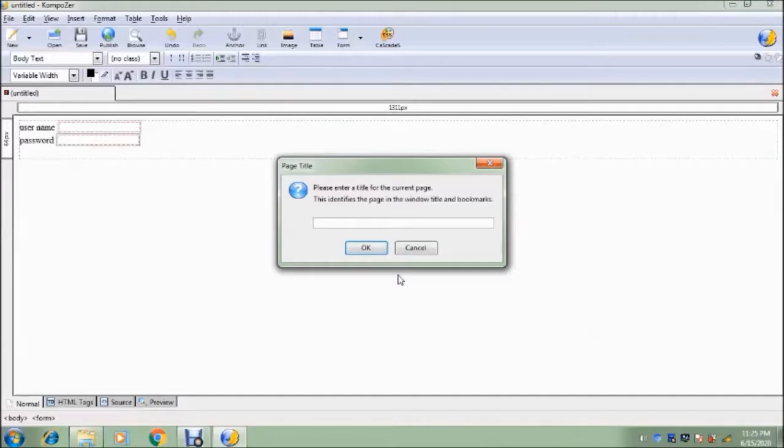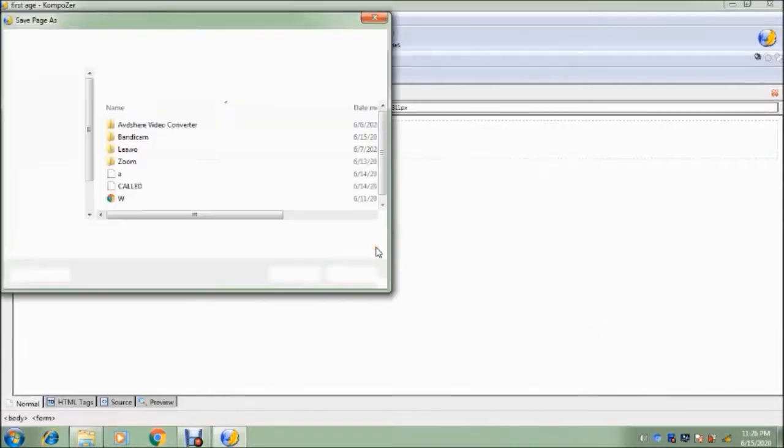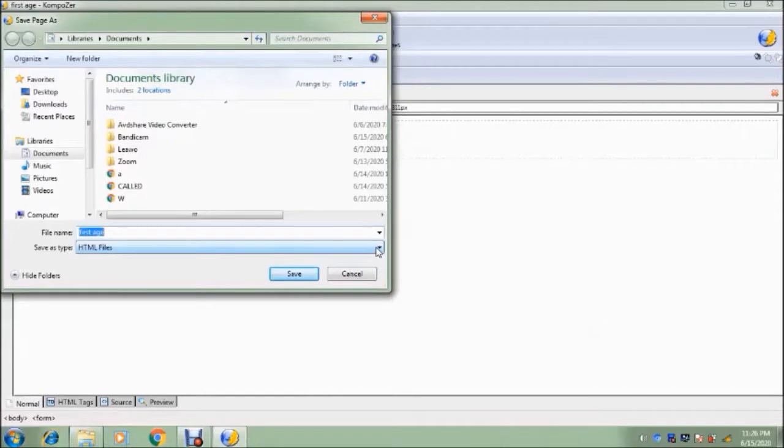You can say first page. Okay, and OK. Now it will display the save as dialog box, and here you have to give the file name, whatever you want to give to the web page. Generally it will take the same name as you had given in the title. Okay, so I am keeping the same name, first page, and save.